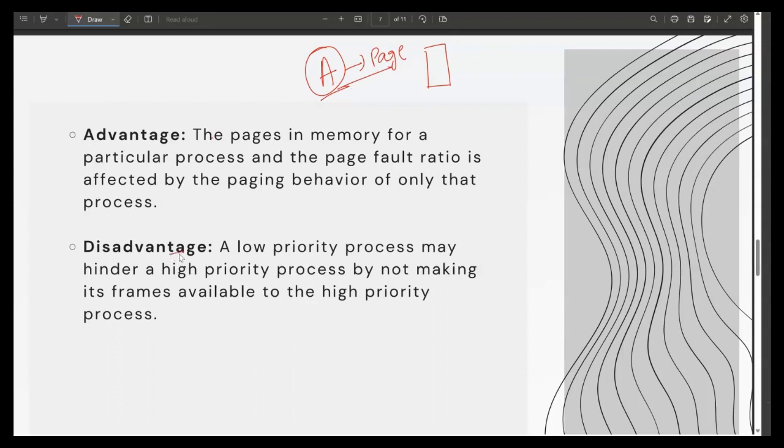और डिसएडवांटेज होता है लो प्रायोरिटी प्रोसेस हिंडर्स हाई प्रायोरिटी प्रोसेस बाय नॉट मेकिंग इट्स फ्रेम अवेलेबल टू हाई प्रायोरिटी प्रोसेस। सपोज कि हमारा जो प्रोसेस बी है वो हाई प्रायोरिटी का है और जो प्रोसेस ए है वो लो प्रायोरिटी का है, और हम चाहते हैं कि प्रोसेस बी का एक पेज हमें स्वैप इन करना है, बट हमारे पास एक्स्ट्रा फ्रेम्स अवेलेबल नहीं हैं बी के लिए। तो ऐसा नहीं हो सकता कि जो प्रोसेस ए है वो अपने फ्रेम्स बी के लिए अवेलेबल कर दे। तो इसकी वजह से हाई प्रायोरिटी प्रोसेस के एग्जीक्यूशन में हिंड्रेंस होती है लो प्रायोरिटी प्रोसेस की वजह से।